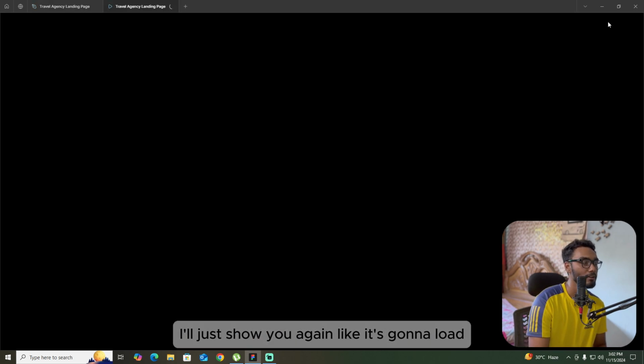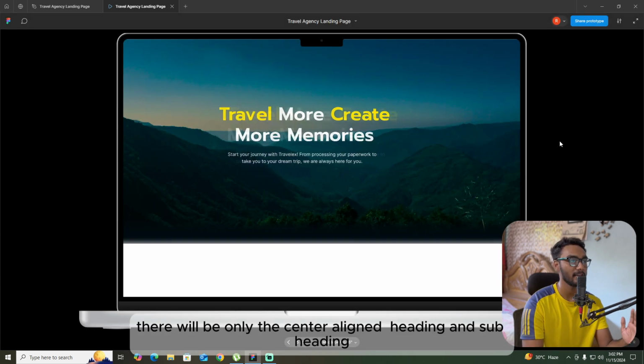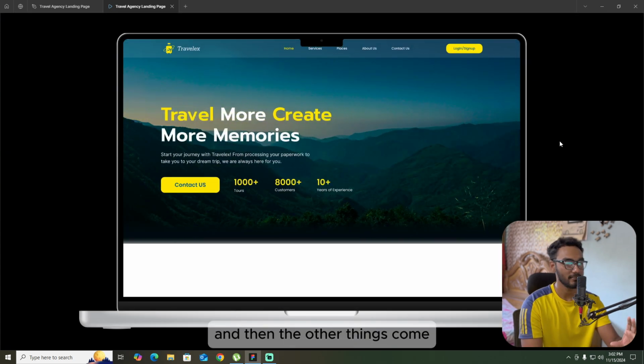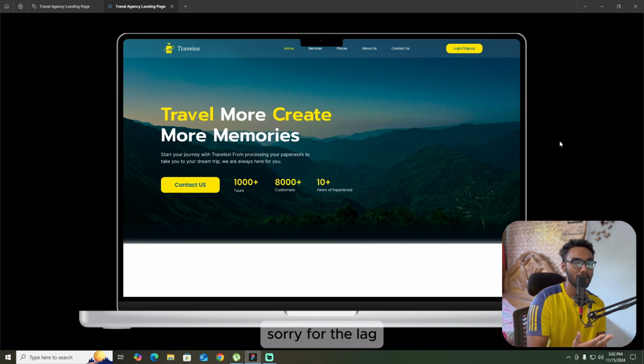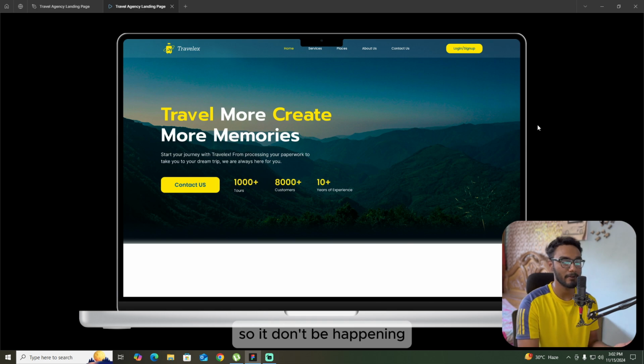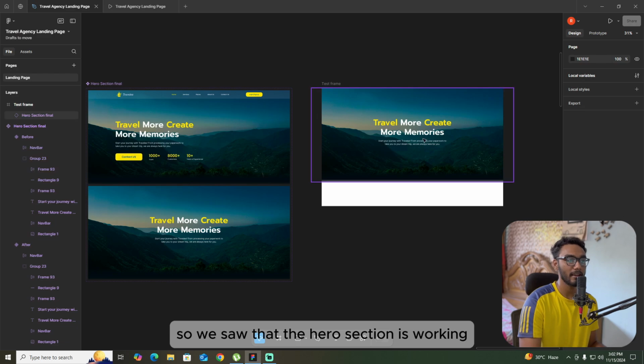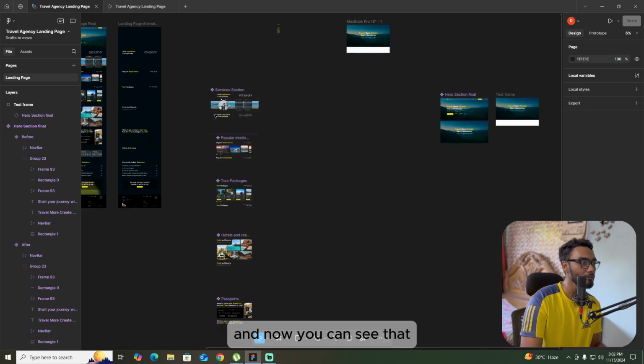Like it's gonna load, and initially there will be only the center aligned heading and subheading, and then the other things come. Sorry for the lag. I think this is an issue with my computer, so it won't be happening if your system is working properly. All right, so we saw that the hero section is working, and now you can see that I